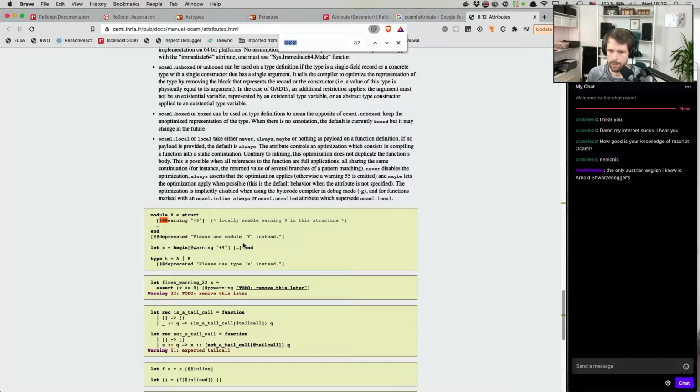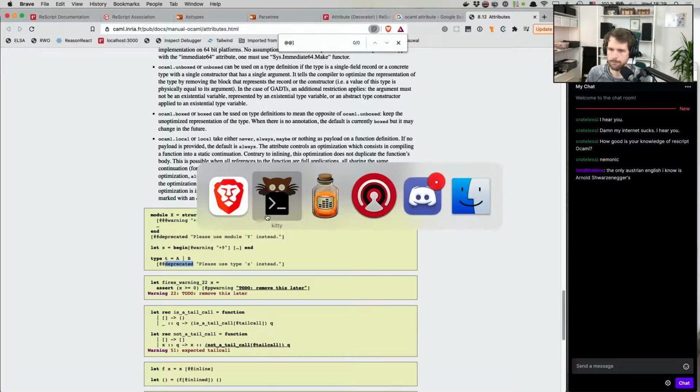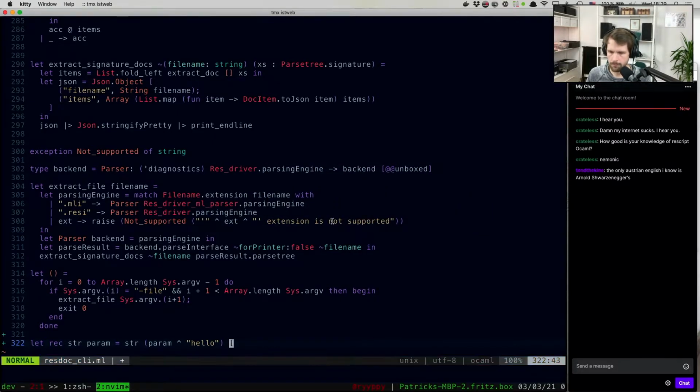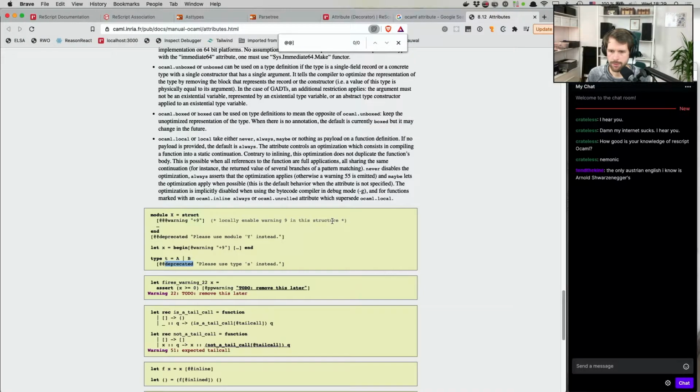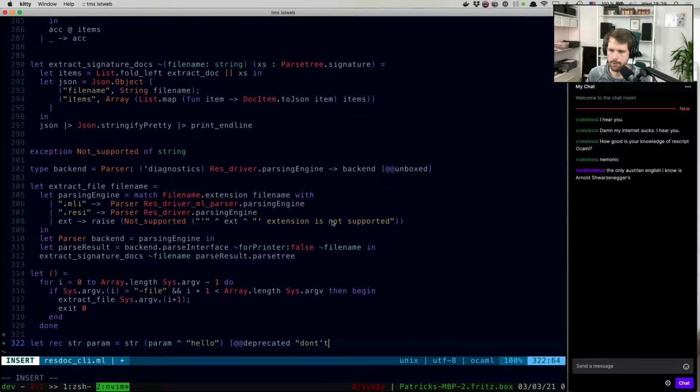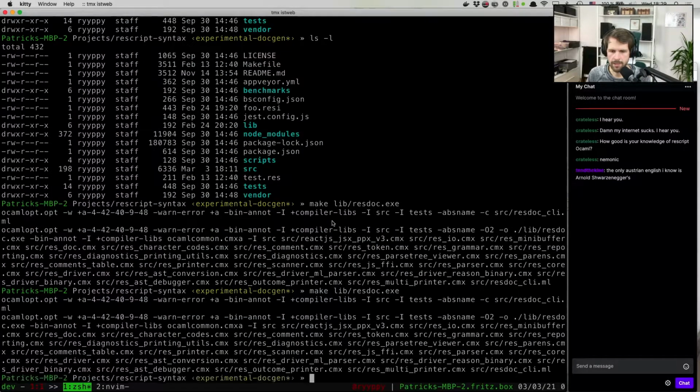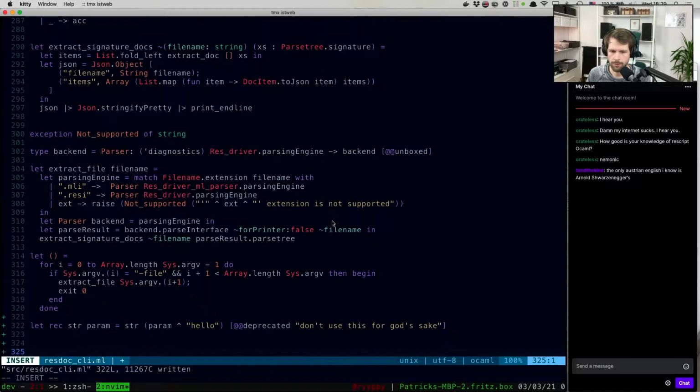And then you have at. So they put brackets around it, at, and then they put in the name of the attribute. So we would use at deprecated, don't use this for God's sake. So if we compile this it should work. And if we run